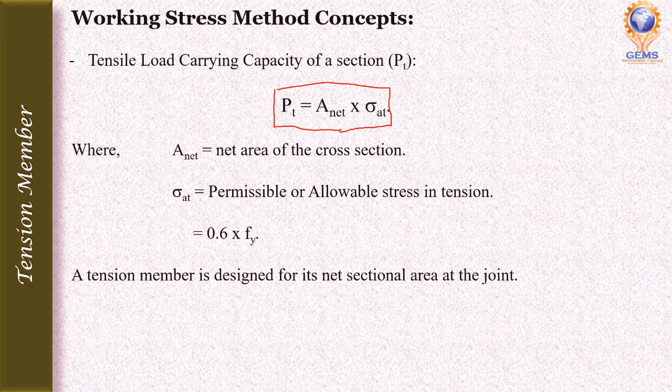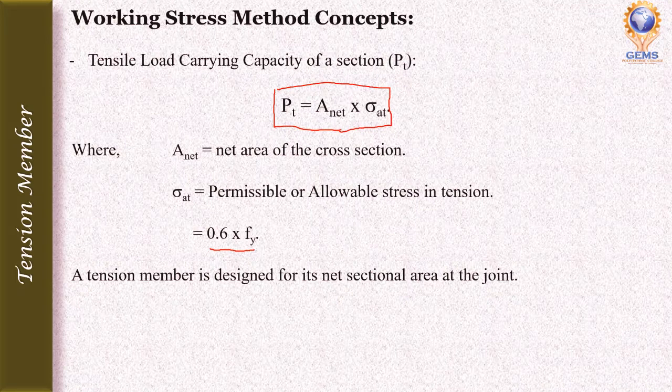Permissible or allowable stress in tension is found by 0.6 into Fy, whereas the net area